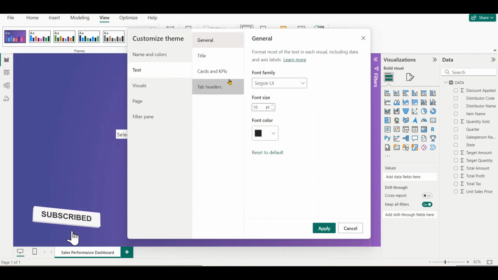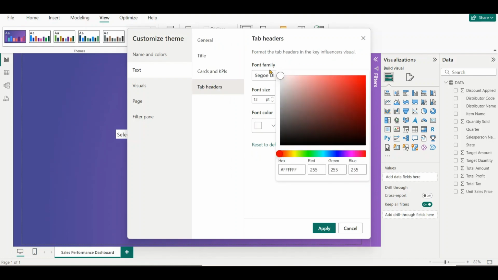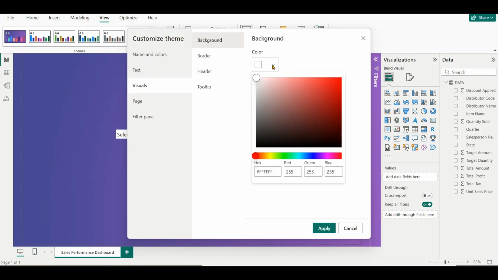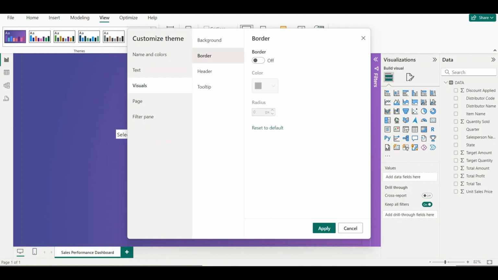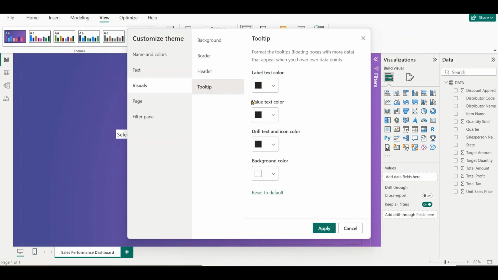Next, in the text section, go to Title and select White Color. Click on Tab Headers and select the white color as well. Move to Visuals and set the background to navy blue by using this hex color code. Click on Border. Enable the border option and select white for the border color. Under Tooltip,